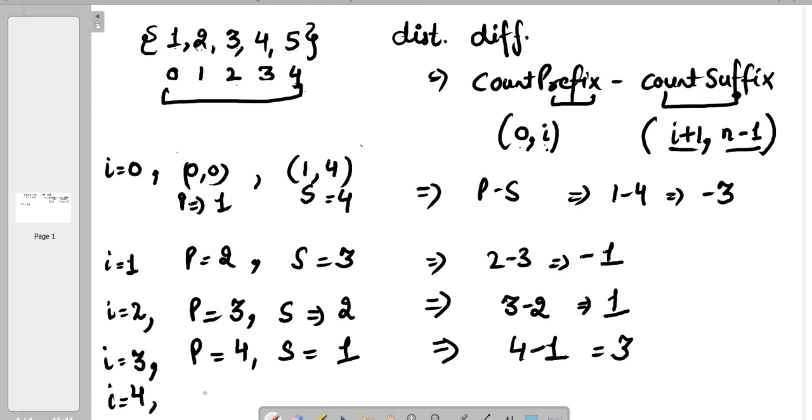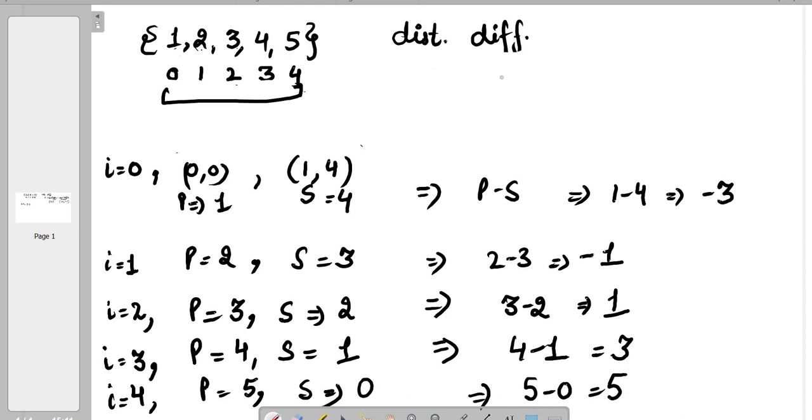How many elements? 5 elements. All are unique elements. And is there any suffix? i plus 1, 4 plus 1 is 5, but there is no fifth index. So suffix would be 0 in this case. So then 5 minus 0, 5. Correct? So at the end, distinct difference array would be minus 3, minus 1, 1, 3 and 5.